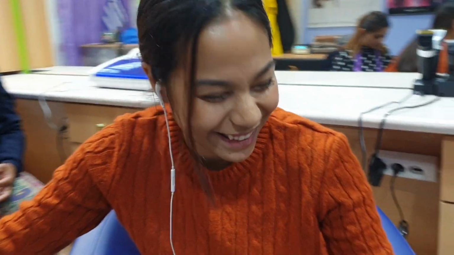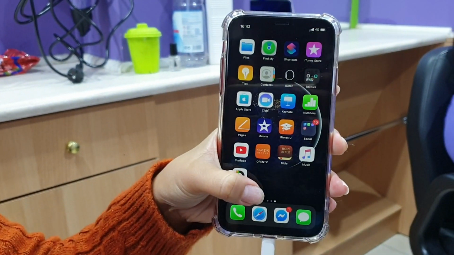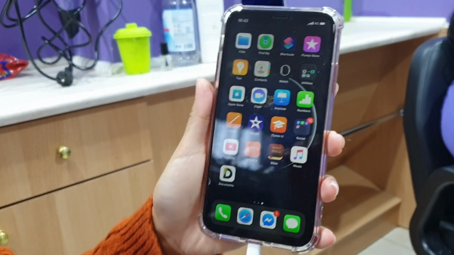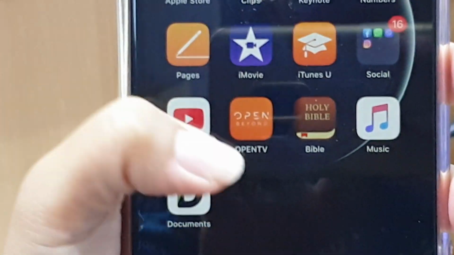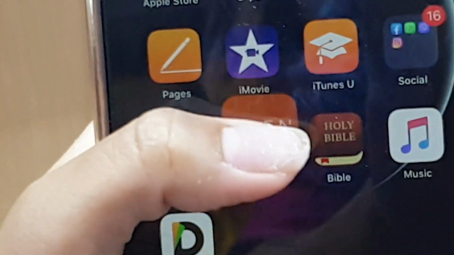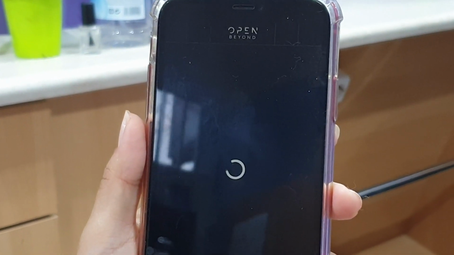Sa mga nagtatanong pa po na paano mag-vote, here is how to vote. So, you have to download this app. It's called Open TV. Orange po siya. Pag na-download nyo na po, you click that. And then,